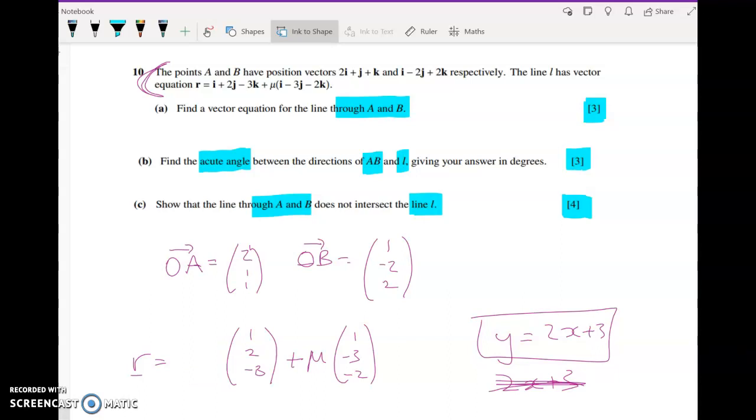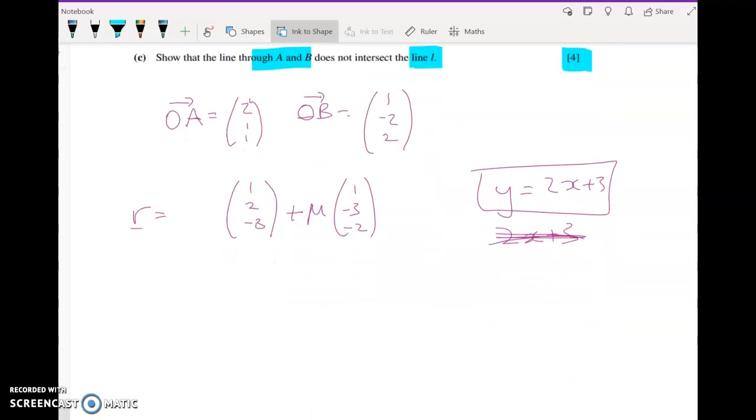Okay, so what we've got to do is find another line, which is the line through A and B. So we need 2 things. We need to have an anchoring point, and I'm going to use the position vector OA, and then we need a direction vector, and I'm going to use the vector AB. So vector AB